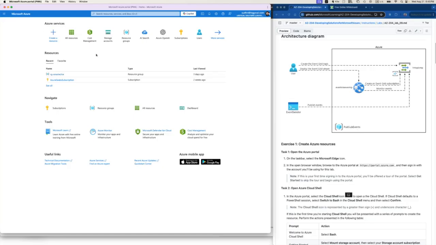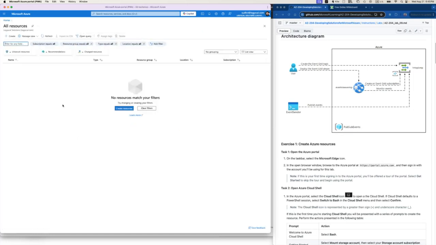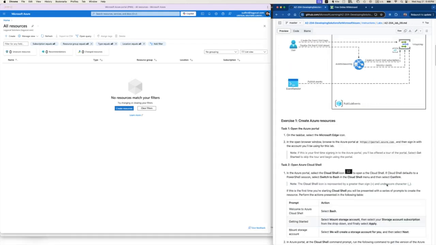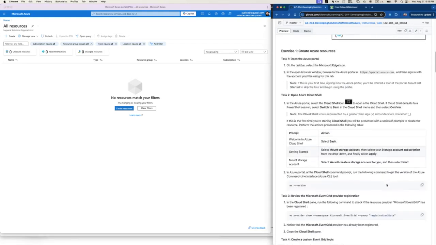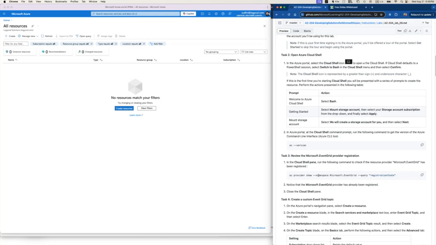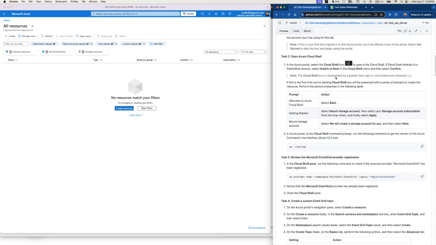So we'll go back to our portal and see if I have any resources already. Well, I have deleted everything, so we'll go from zero. Whenever we are dealing with a messaging system or this kind of event grid, the first and foremost thing is that we have to register the event grid to our system, the account itself, whichever subscription we have to register for. For that, we have to go with the